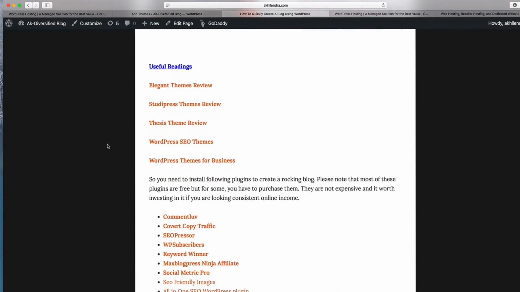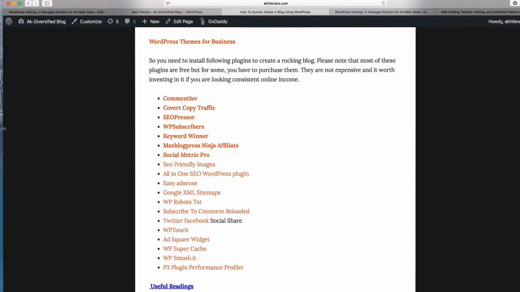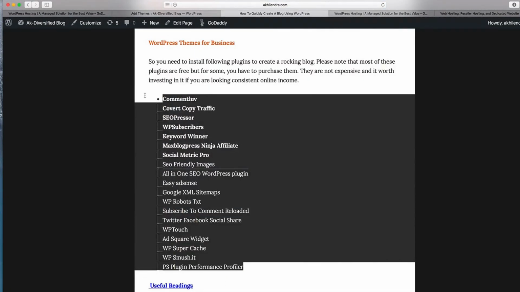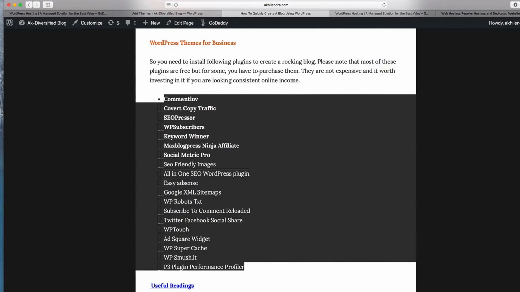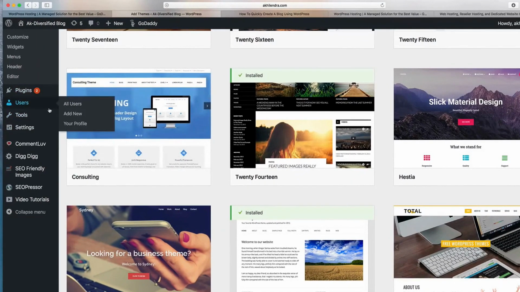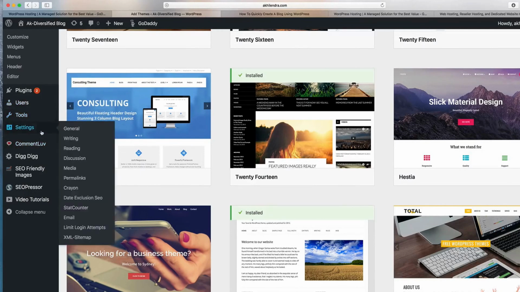And once we have the themes, we have to look at the plugins. I will suggest you visit this page on this website for the plugin list, because there are quite a few plugins we can add. Most of them are free and some of them are premium depending upon the usage. If you need email marketing, you will need certain plugins for that. Premium plugins are slightly better in terms of their appearance and performance, but other than that, you will find free plugins for literally everything.